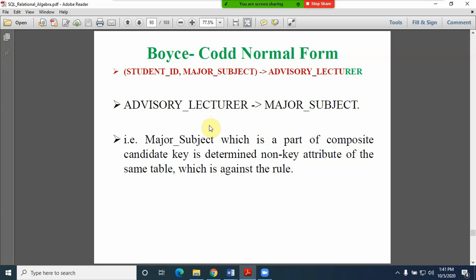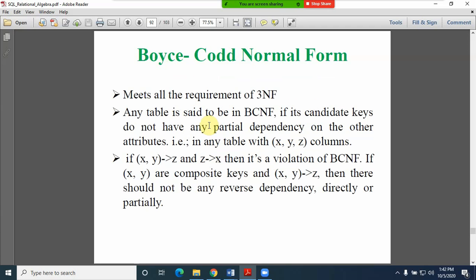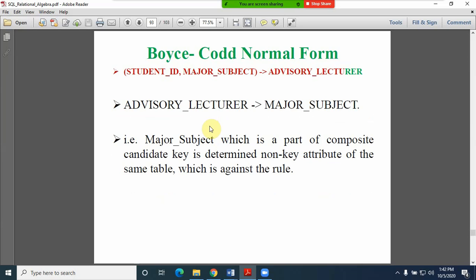Just with the faculty name, if you are getting the subject, of course logically it is correct, but according to the BCNF I am taking, as we are taking this example, and according to this particular example, what we have done in the earlier thing, xy implies z, but z should not imply xy or partial xy. But here if you observe student ID and major subject, which are the composite keys, and based on the student